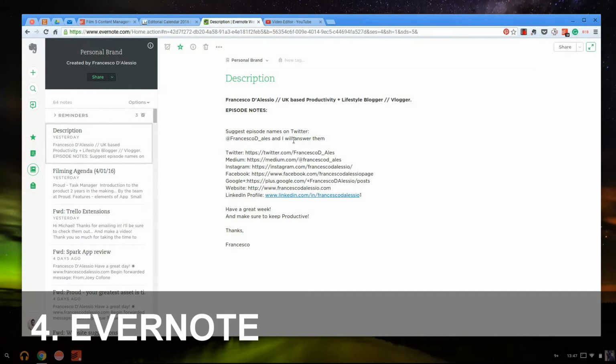The next thing here is Evernote, and I've been using Evernote obviously for a fair while now, and I really suggest people use it for content management. So what I do is I tend to write blog post ideas. I've actually created blog posts solely using Evernote as I'm on the go on my phone. I've been using the Matcha 3 app recently to write up all of my notes and some of my blog post ideas, and also blog posts, to then push towards Evernote, which is really valuable.